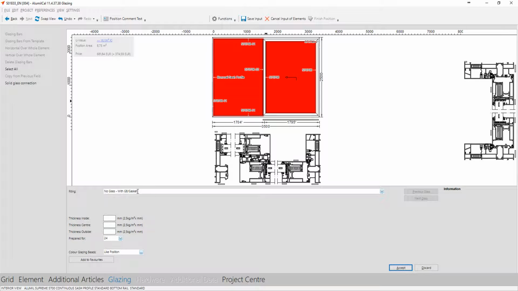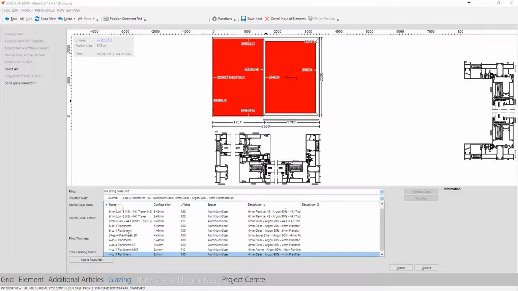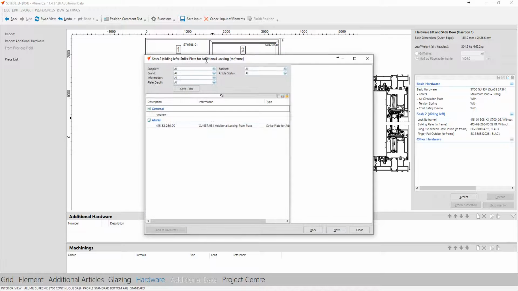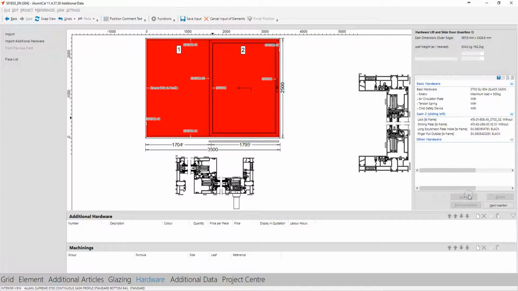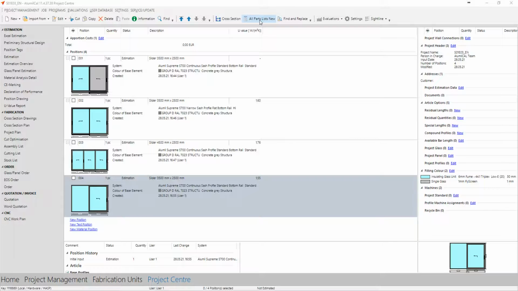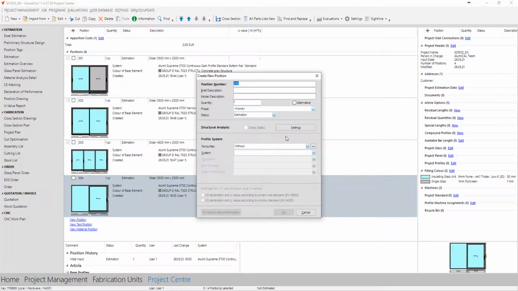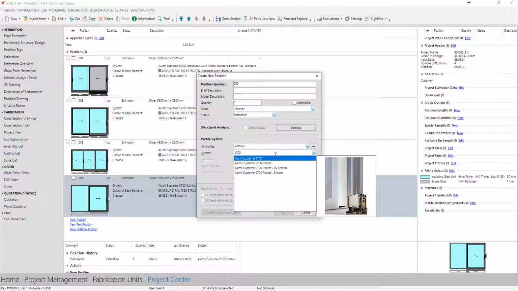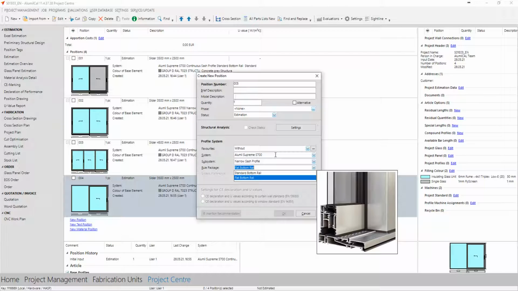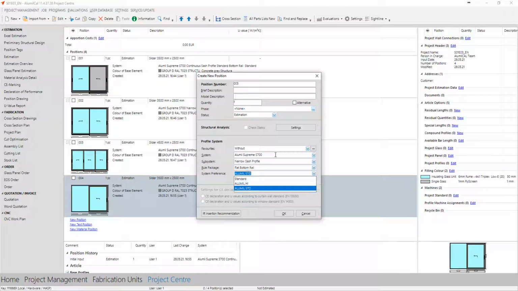Glass, insulating glass unit, let's put our glass, next. And for the hardware, because of the preset, I have only to select the additional locking, none, accept. Now what if we want to create a sliding outside and fixed inside? This is another combination, and this should be done with 700, narrow sash, not continuous sash, and flat bottom rail, not standard bottom rail. Let's select the Alumil standard here,